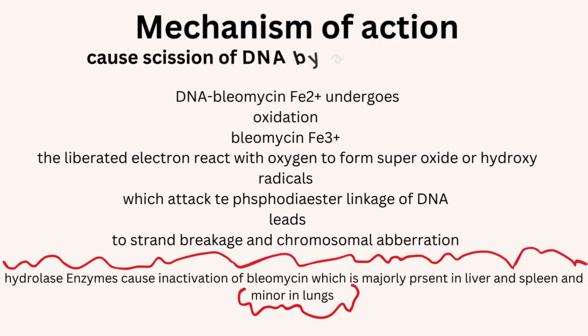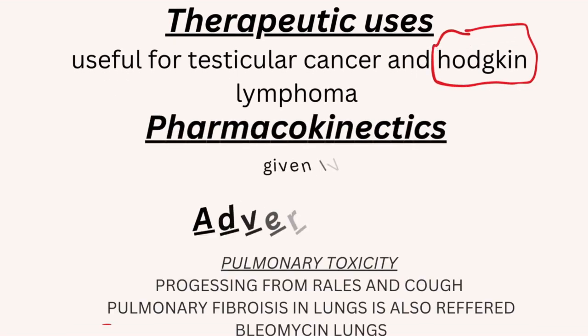Mechanism is clearly mentioned here. The important point for Bleomycin is that it can be inactivated by hydrolase enzymes, which are majorly present in liver and spleen and minorly present in lungs, so it is cautiously administered. Pharmacokinetics is clearly mentioned, and the adverse effect is